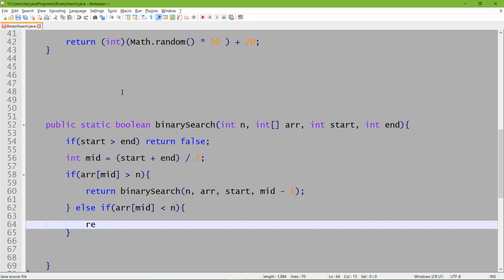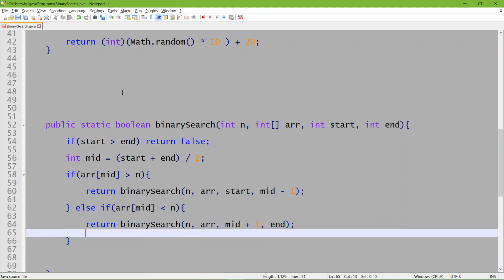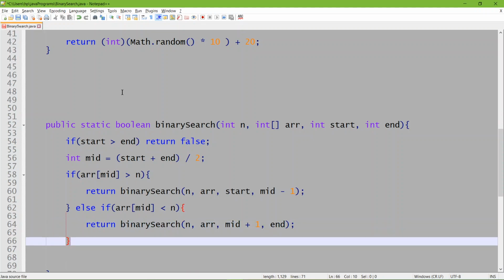So what I'll say is return binary search on the right part of the array. How am I going to tell the recursive call that it only has to search the right part? I'll increase my starting point, because end is the same, it has not changed. We now have to start from one element greater than the middle index. So start would be mid plus 1, end would be the same. Okay, great. So this is how our recursive call would look.